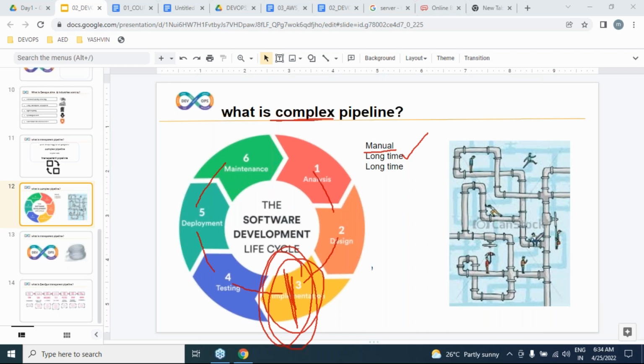Example, an underground water pipeline. Just take it as an example to understand what a complex pipeline is. It is an underground pipeline, and somewhere there is a blockage. Tell me how difficult it is to identify this problem. Because it is a manual process and it is not visualized, with a block somewhere underground, how difficult is it to identify the problem and resolve the issue? Guys, please answer.